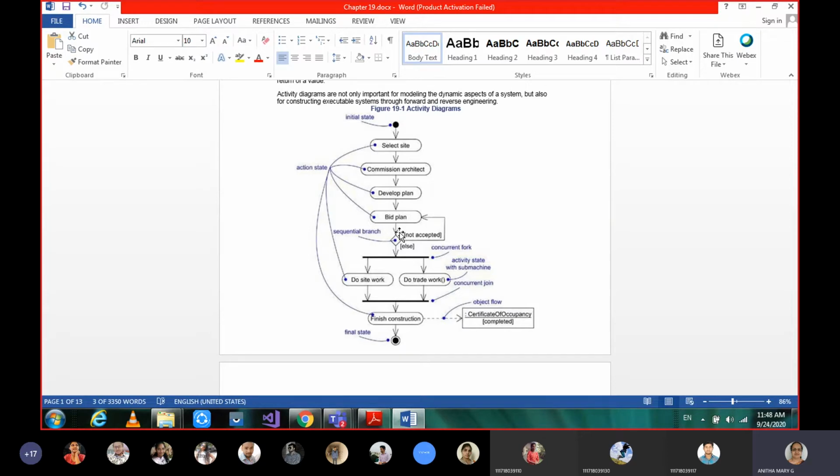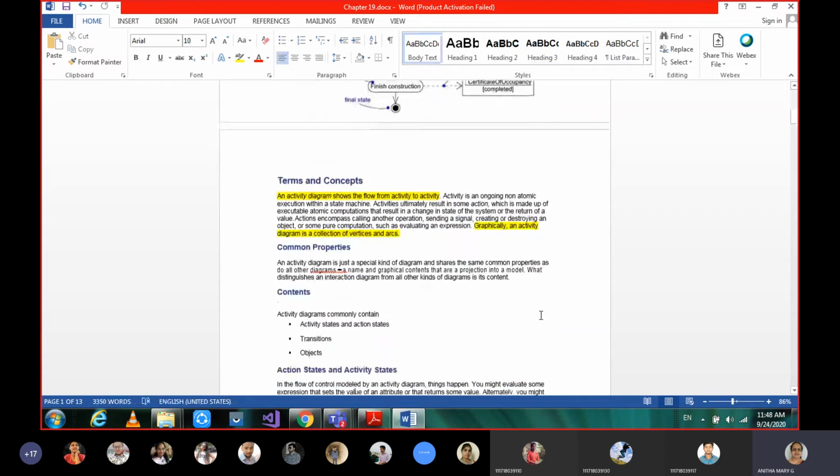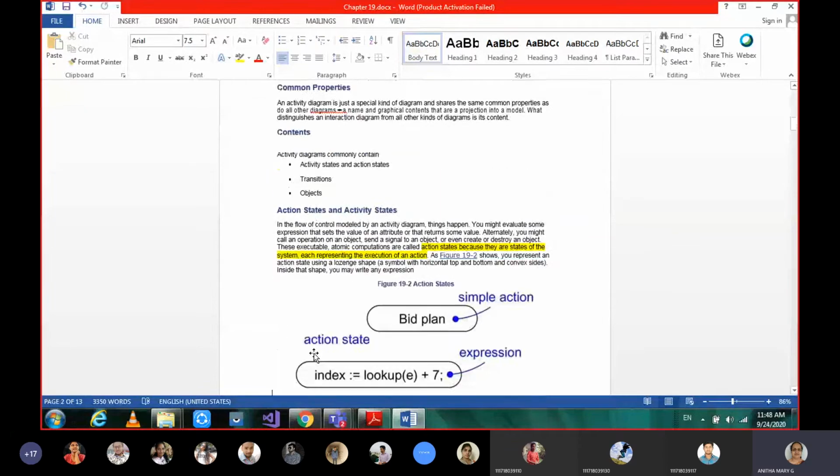So in an activity diagram we call the relationship a transition. And if any state depends on an object, even the objects can be shown in the activity diagram. So the contents are activity states and action states, transitions, which are the links between two states, and objects if necessary.